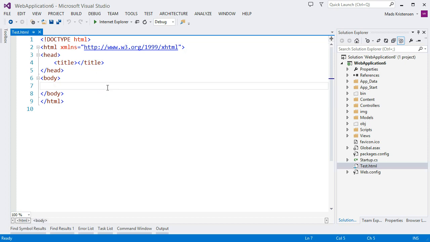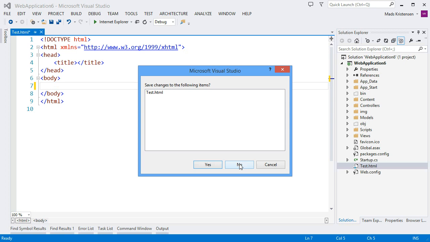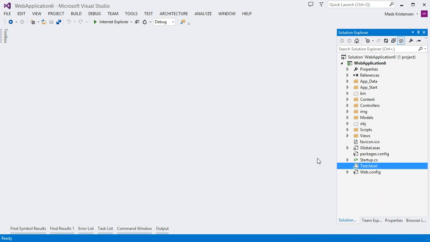One way of really quickly knowing whether or not you have a document open in the new editor or the web forms editor is just to type an ampersand in the HTML like this. If you get IntelliSense like this, that means you're in the new HTML editor. So we're in the new HTML editor, and perhaps you want to say, hey, I always want HTML files to be loaded in the web forms